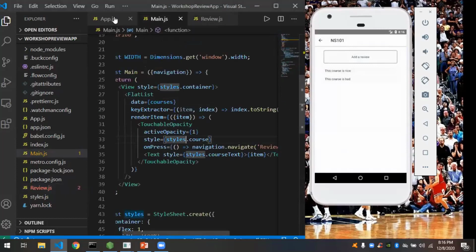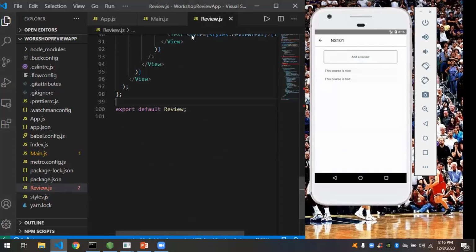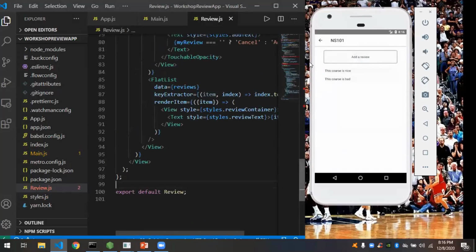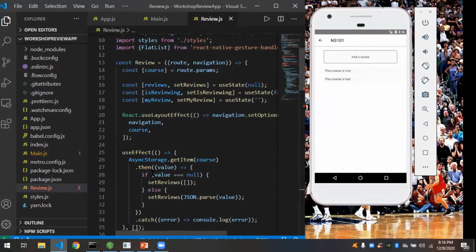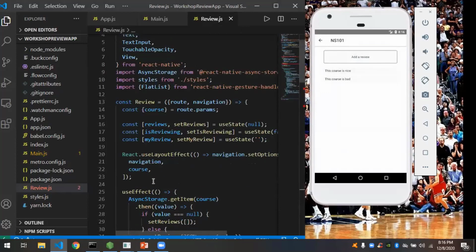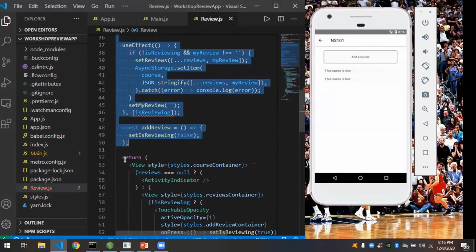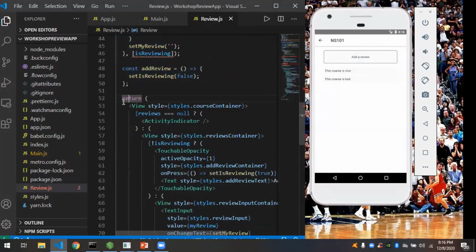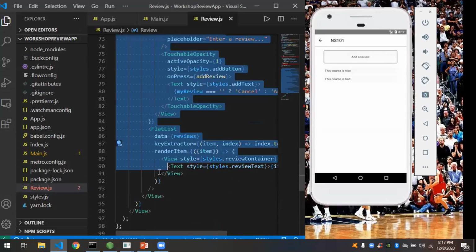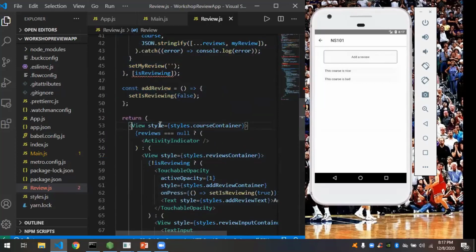So now let's explain how all that happens. We have about 100 lines of code, so I'll go over it. It shouldn't take too long. We now have all this logic that we're doing before we're returning the actual JSX that we're rendering to the screen. So this is basically what we're showing on the screen. We have this view, our main container, which takes a styles course container, which I've defined in this styles file over